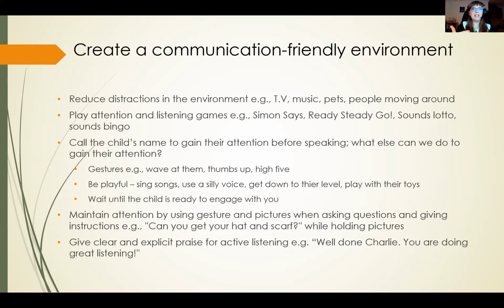And give clear and explicit praise for active listening. So well done, Charlie, you're doing really great listening. I'm so proud of you. And at GAP, we always give praise for attempts, because we know that attempts can take as much effort and